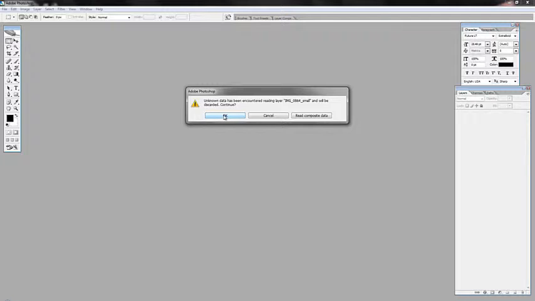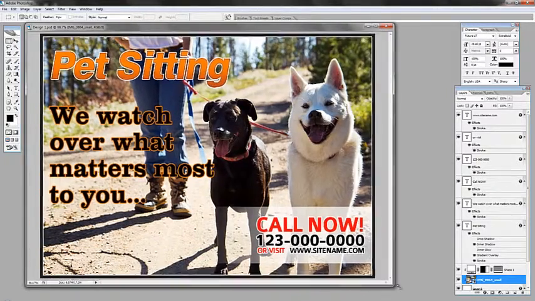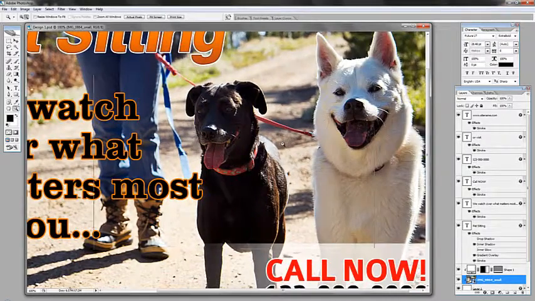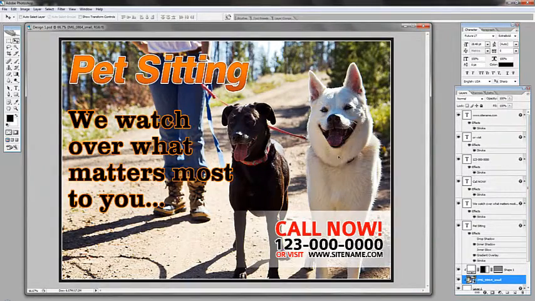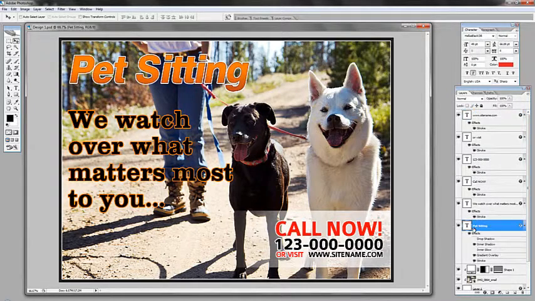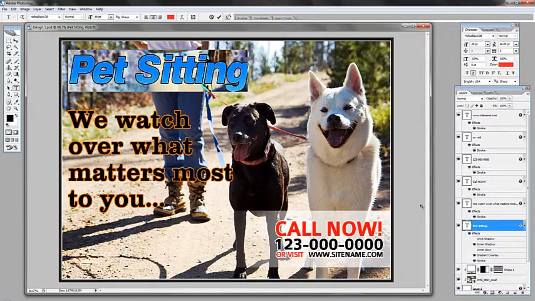So I'm going to drop in our PSD, and when you see this window appear, just click OK. And now we have our postcard here. Let's zoom in. Okay, so first we're going to edit the text. As you can see, we can actually edit all the texts, the numbers, call to actions, the words, and the title. Just double click on the text